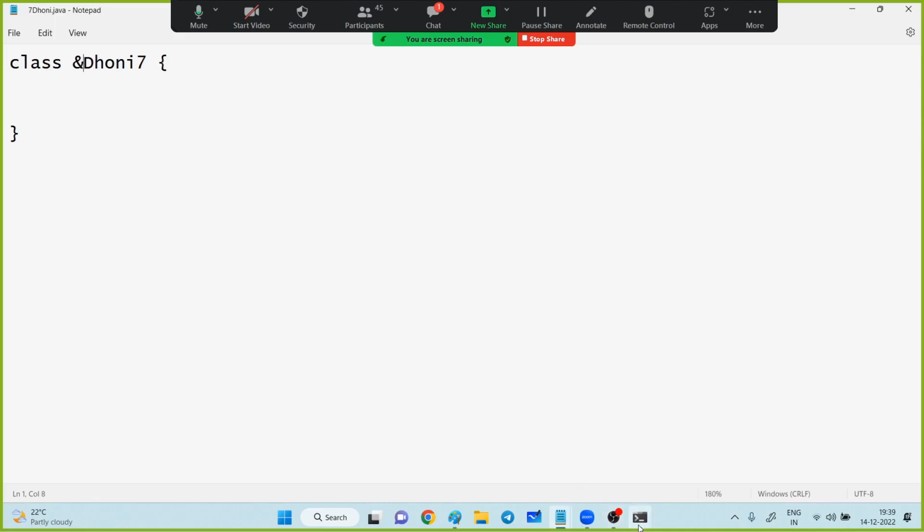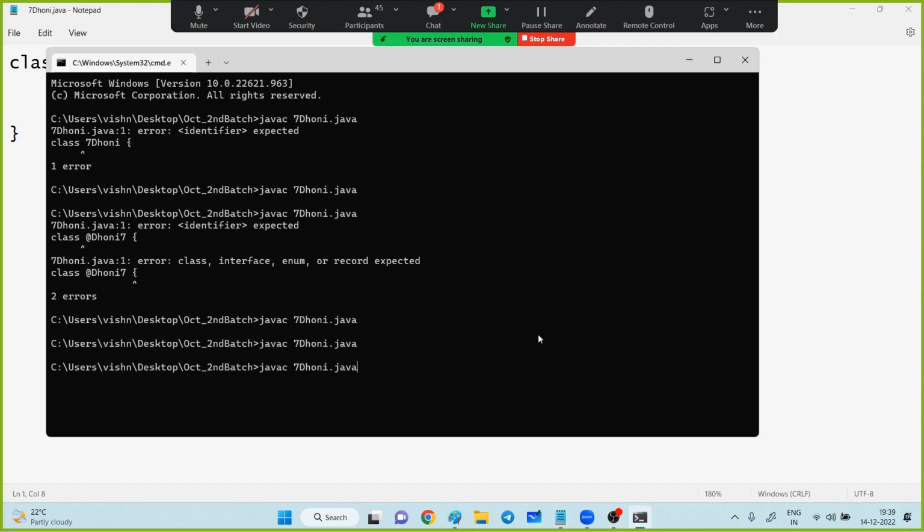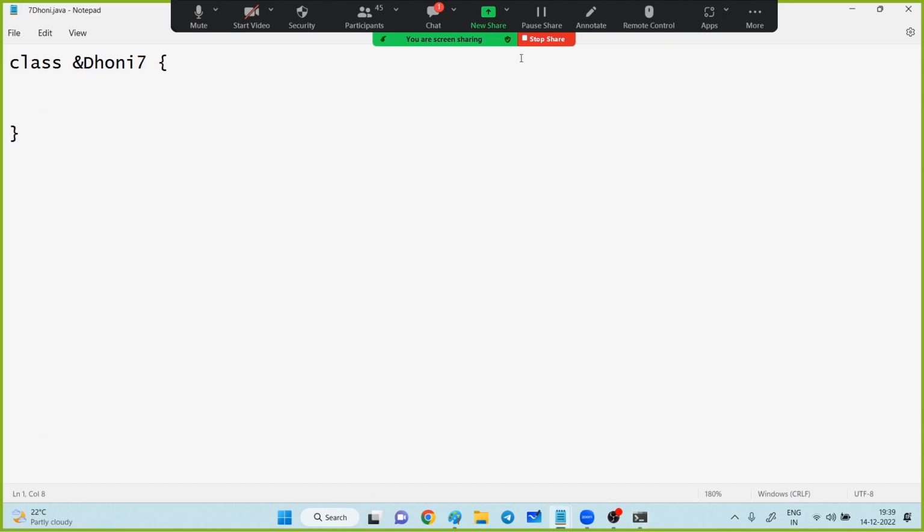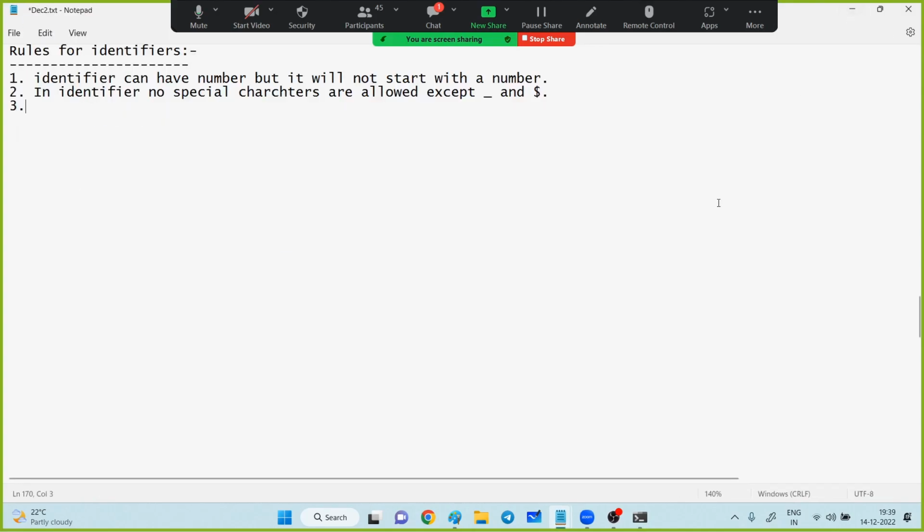Okay, now I'm saving it here. Now see, it will throw an error. Identifier is expected. Okay, whenever you don't follow the rules, it will throw a compile time error. Rules means whenever you are not following the syntax, then it will throw a compile time error. We already discussed this in yesterday's class. Now see here, the third rule is